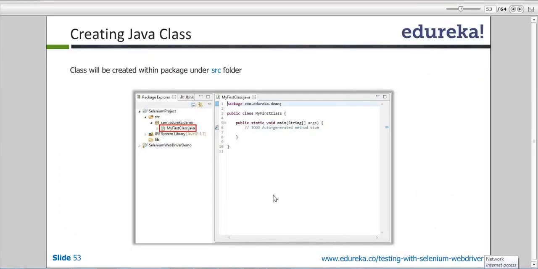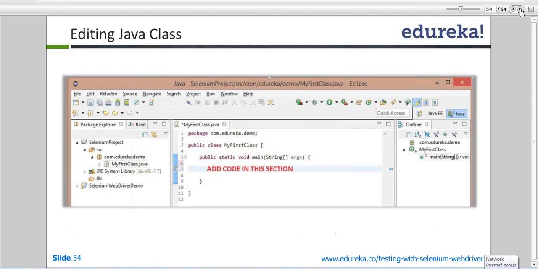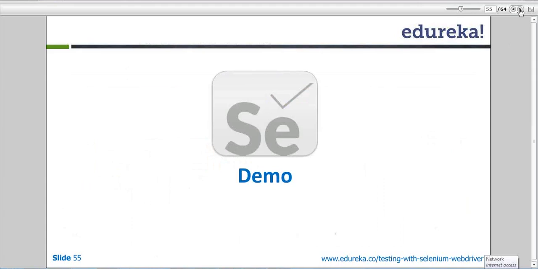Okay, so add code in this section. So you can see your project is created, your package is created, your class is ready, your jar files are ready, and you can add the code in this section. Okay, and